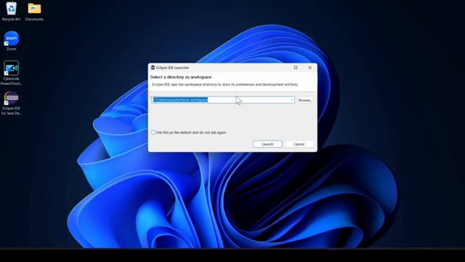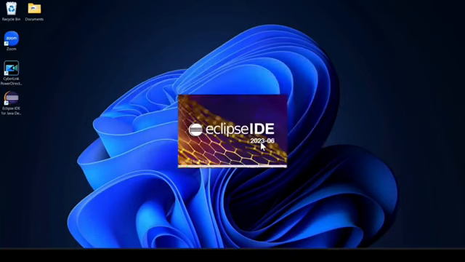Okay, now this is the workspace. You can change it according to your need. If you just leave it as it is, just leave it and click on launch. And you can take the option where it will automatically redirect to that workspace that is shown. Okay,